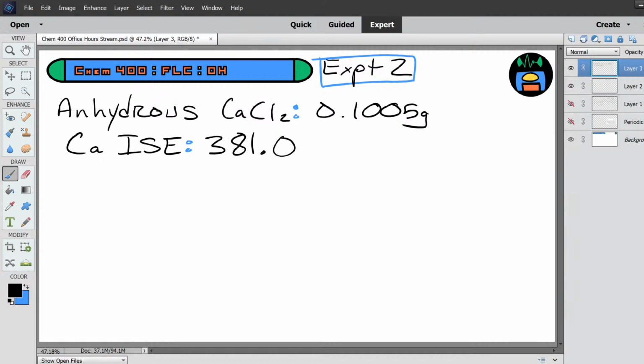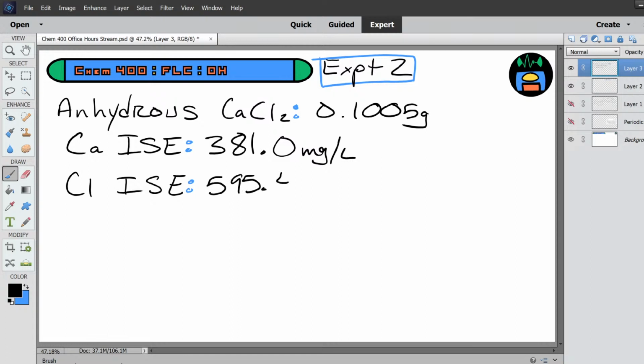And remember, this is milligrams per liter. Oops, I need a bigger eraser. There we go. And my chloride ISE is 595.4 milligrams per liter. Okay, and the second thing that I'm going to do is pull up